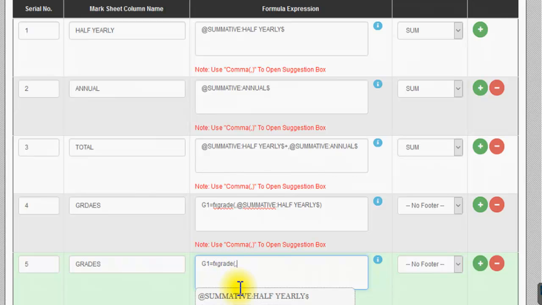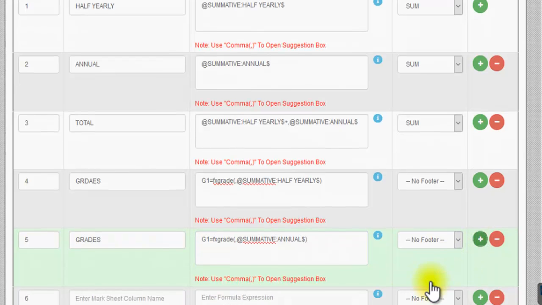Press comma, annual exam, and then put a closing bracket. Click on the plus sign again, and